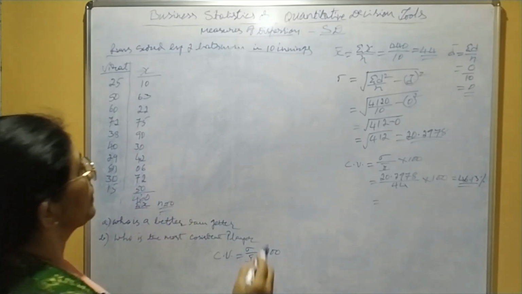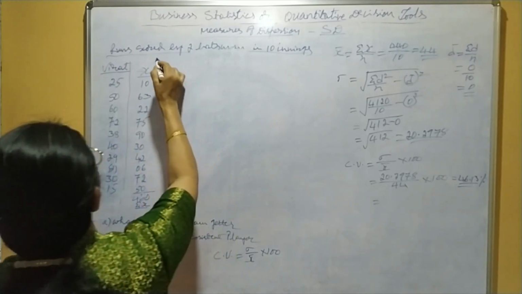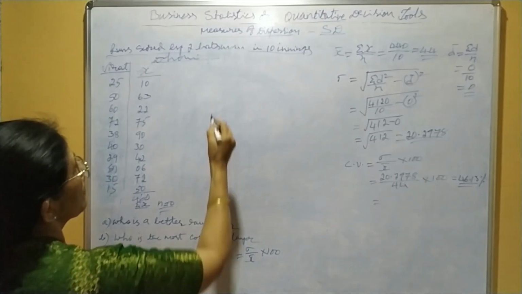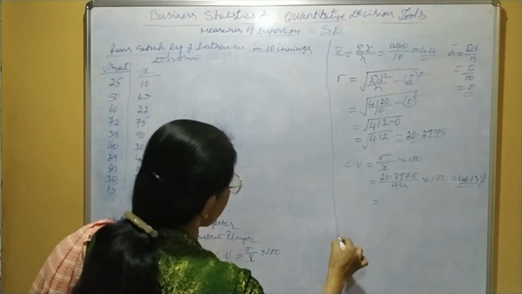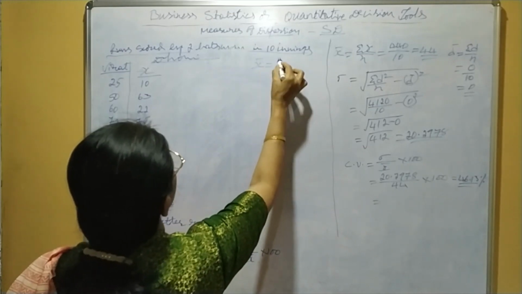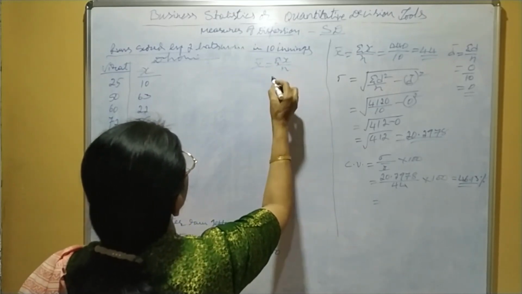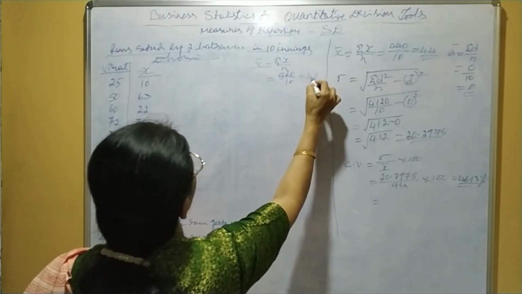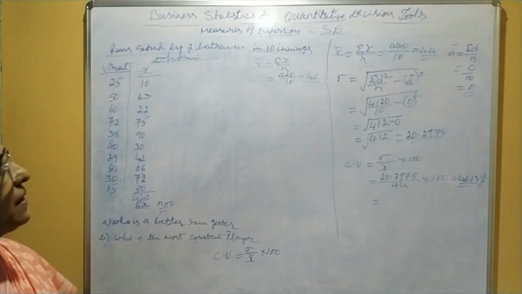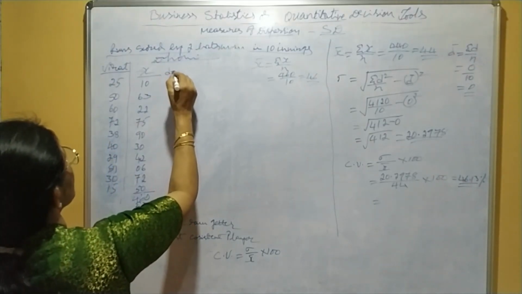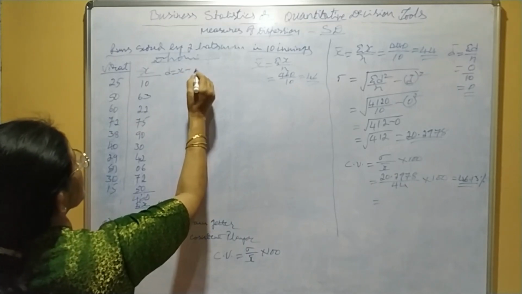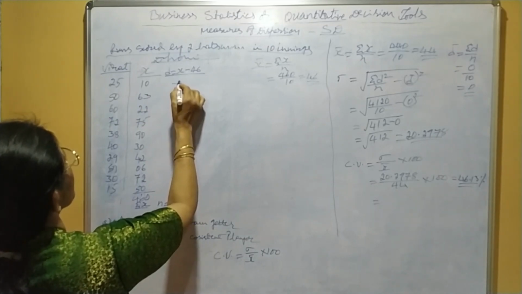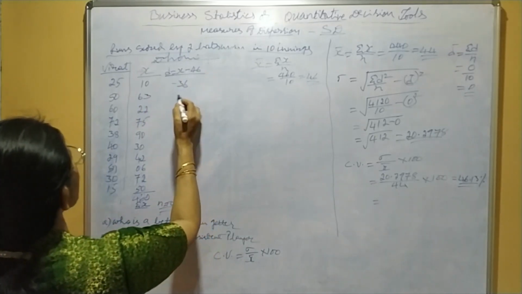Okay. Now here we have given the heading Dhoni, isn't it? This is about Dhoni. Now x bar equals sigma x divided by n. Sigma x is 460 divided by 10. It is 46, isn't it? Now next step is d. d equals x minus x bar, 46. 10 minus 46 is minus 36. 63 minus 46